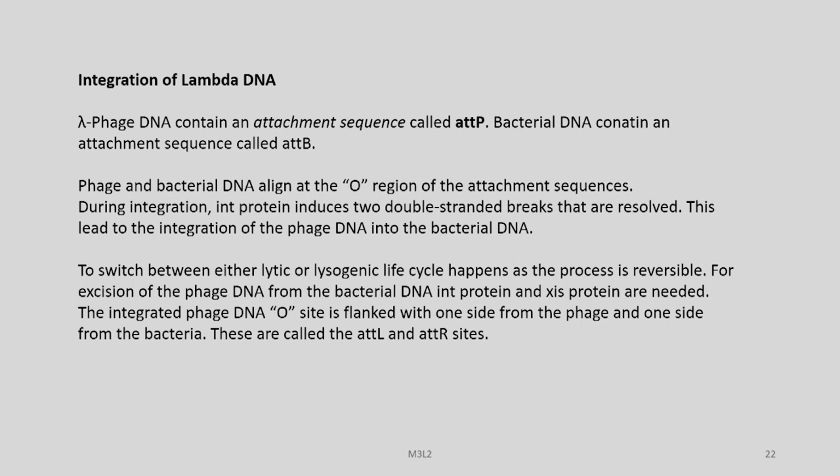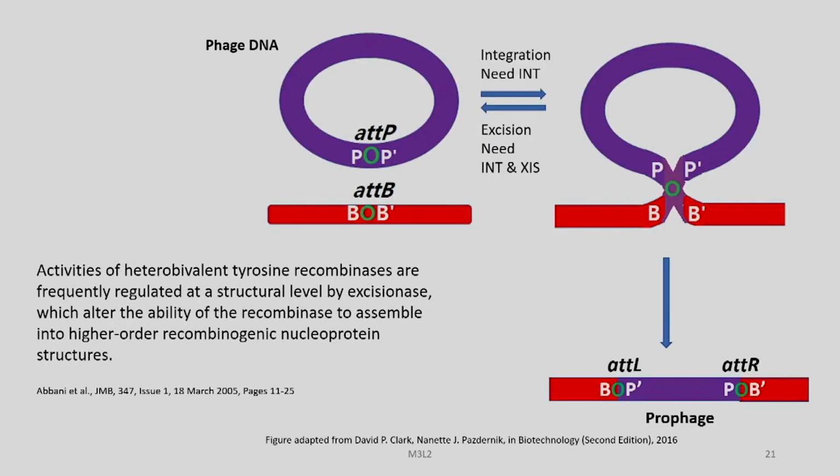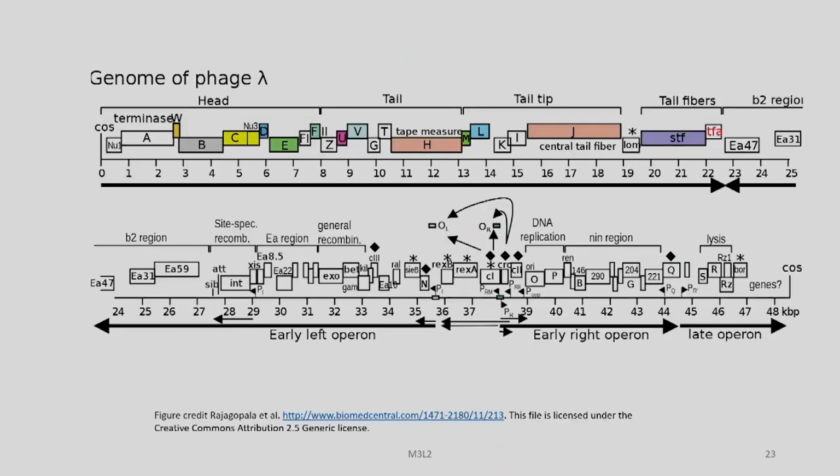To switch between either the lytic or lysogenic life cycle, the process is reversible. For excision of the prophage DNA from the bacterial DNA, INT protein and XIS protein are needed, as already discussed earlier. The integrated phage DNA is flanked with one side from the phage and one side from the bacteria. These are called the ATTL and ATTR sites. And we can see here the genome of the phage lambda, which has certain sequences corresponding to the